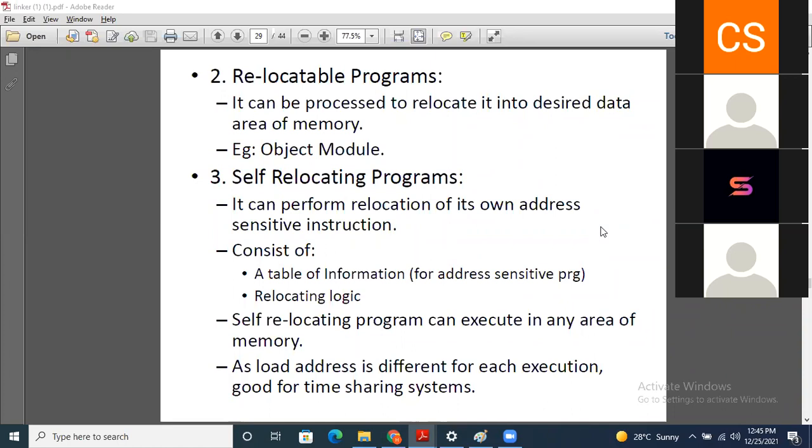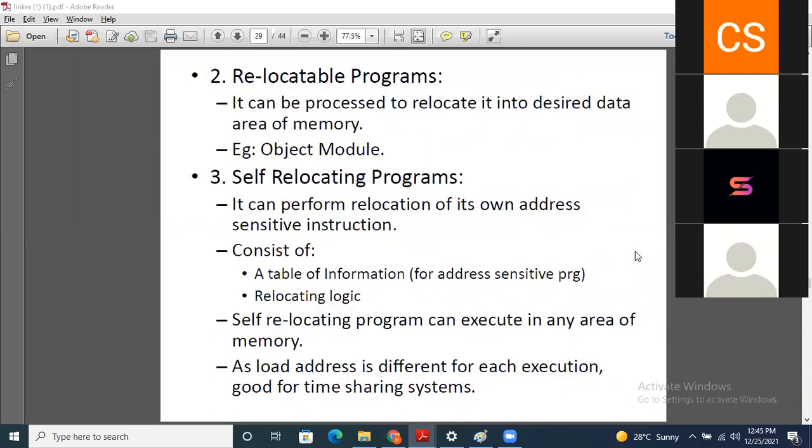In this case, the load address is different for each execution, so this is good for a time sharing system.